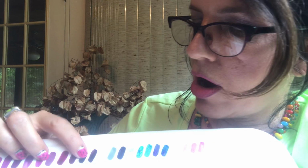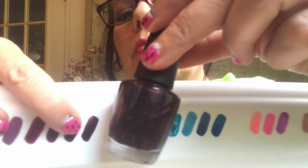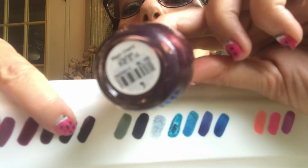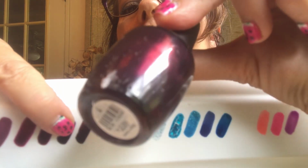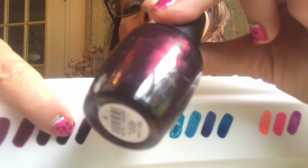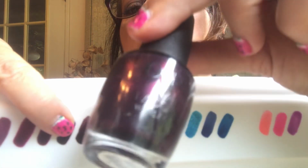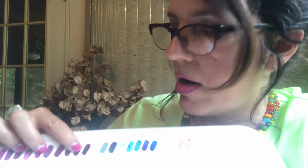And then last but not least is one of my favorite colors. This is Black Cherry, and it is a gorgeous, gorgeous black cherry color. You can see when the sun hits it, you can tell. It does look black, but it's like a dark black cherry. Absolutely love that shade. So that is all of the